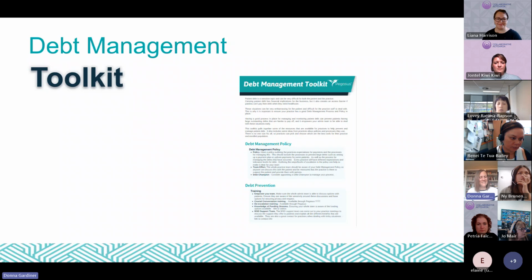So that's our toolkit. There's nothing revolutionary in there. There's no silver bullets on how to manage debt. But we found that it was a great way to just pull all those ideas together and share them across the practices, because they seem to be really keen on hearing what others are doing and what's working in other practices. And it was also great to be able to offer something to everyone, no matter what level they were at, whether they were starting their journey in debt management or they already had good processes in place and they just pulled out bits that were useful for them.